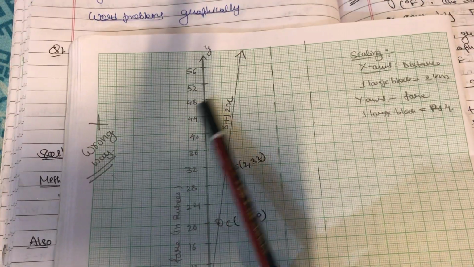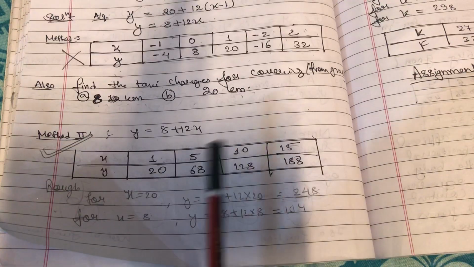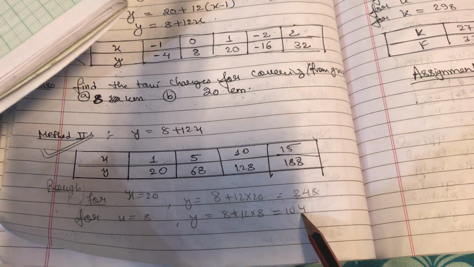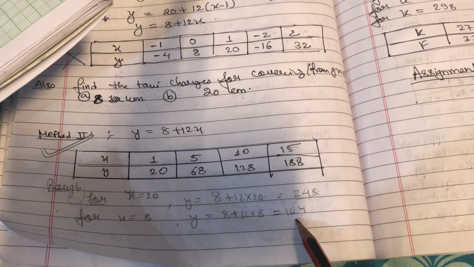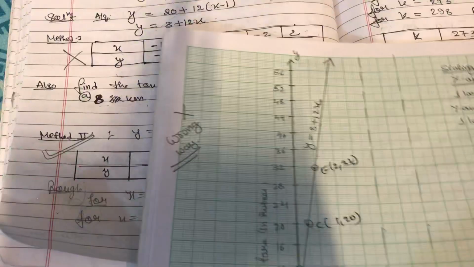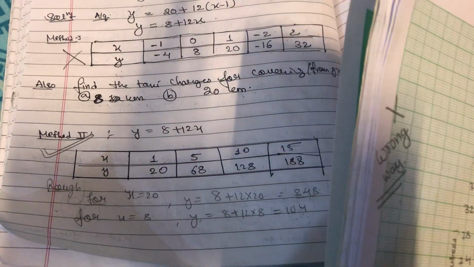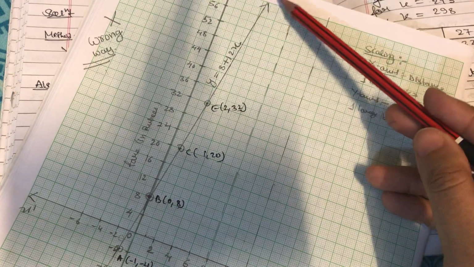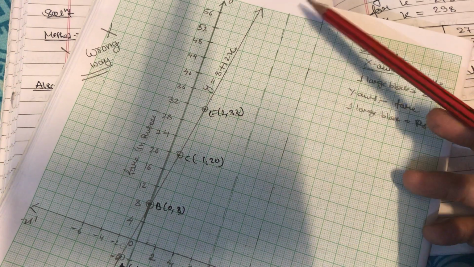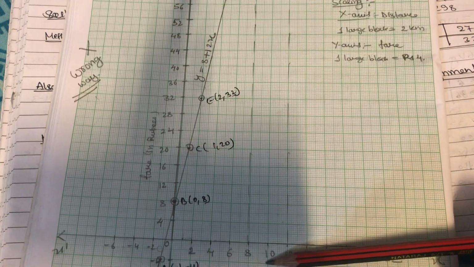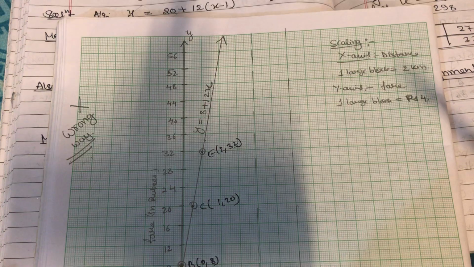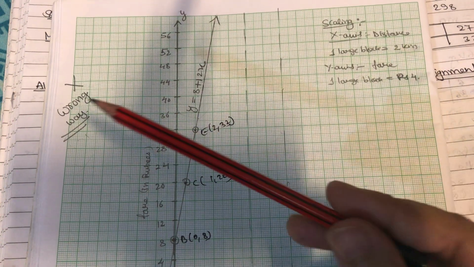So in the exam, you have to be very careful while taking the scaling part. From the calculation, which you have to do in rough, not in the fair notebook, 248 and 104 should be there on your y-axis. Only then can you meet the criteria. But here I have till 56 only. I don't have 248 and 104 on my y-axis. That's why even after drawing the line for the given equation, my answer will be wrong, because graphically I cannot find the value of the fare for x equals 8 kilometers and 20 kilometers. So this is incomplete. So this is a wrong way.